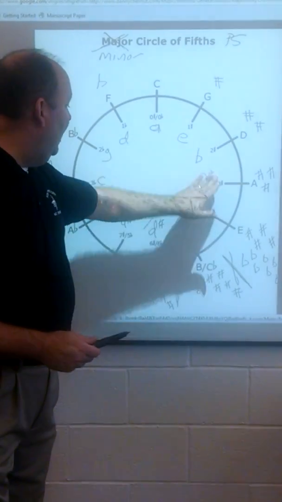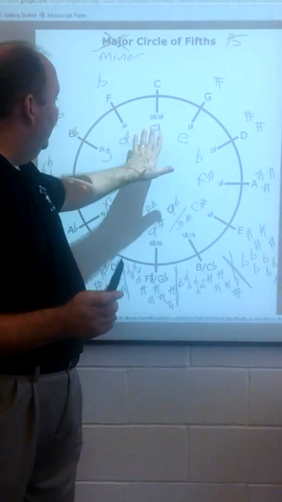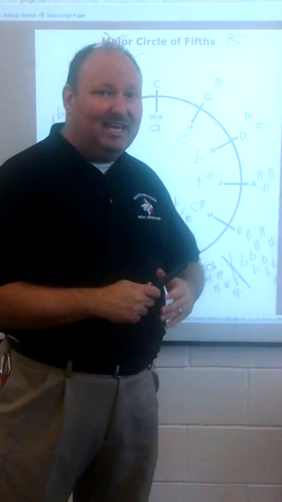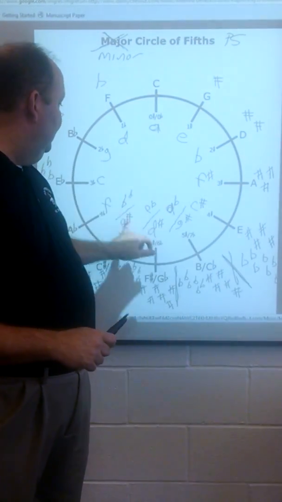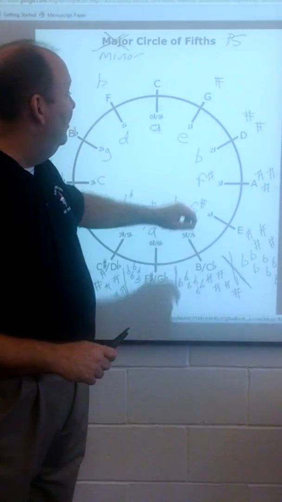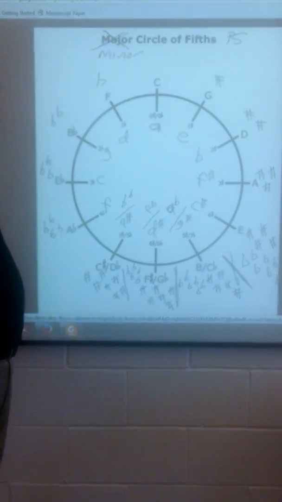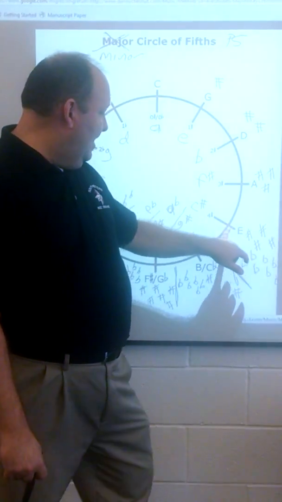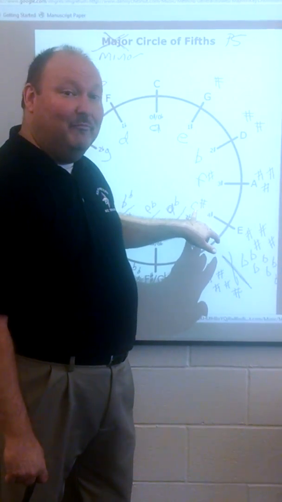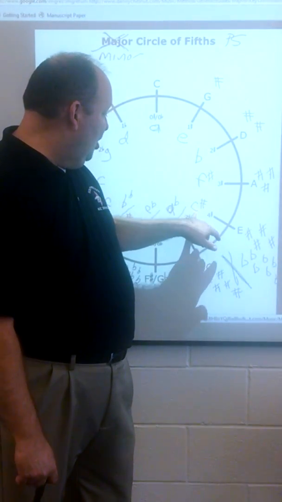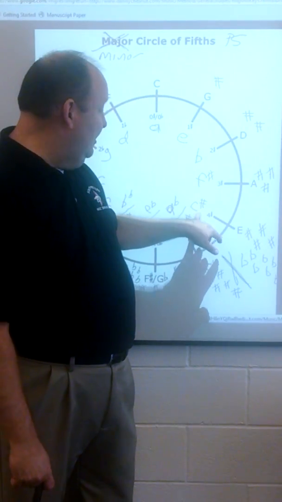Notice how I draw my minors using lowercase. It's very important to identify key signatures with the lowercase letter. That way I know I'm talking minor and not major, which get capital letters. Let's try one more of these. What is the relative major of C sharp minor? Well, C sharp minor has 4